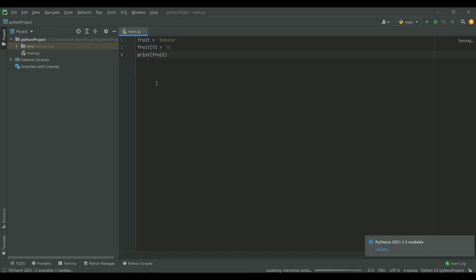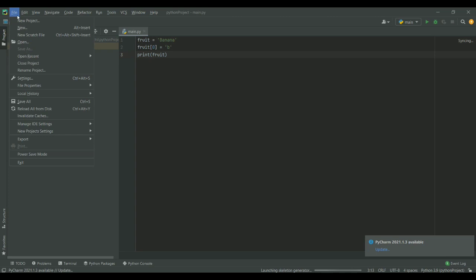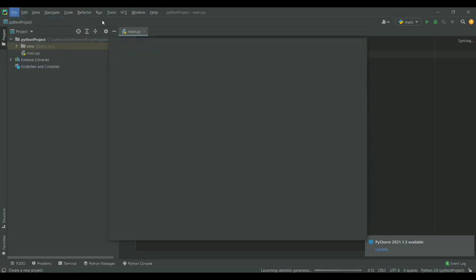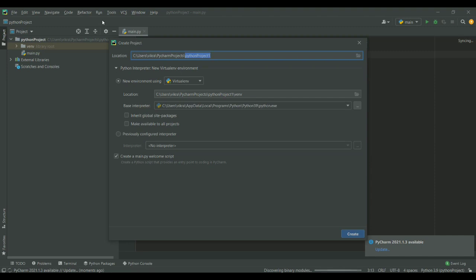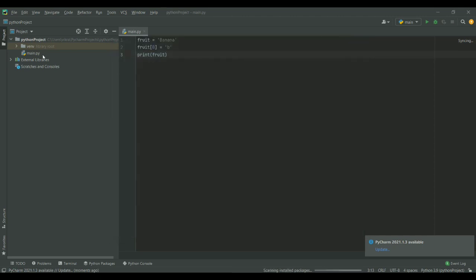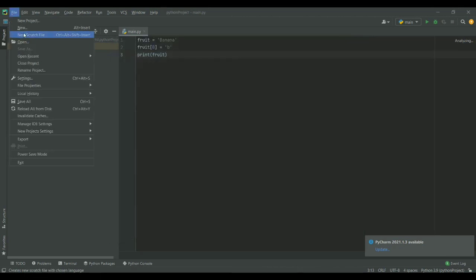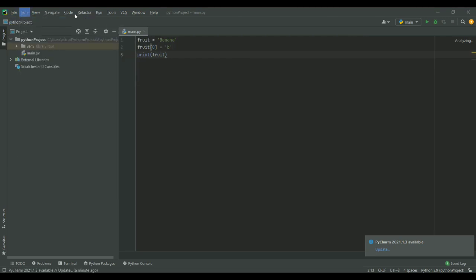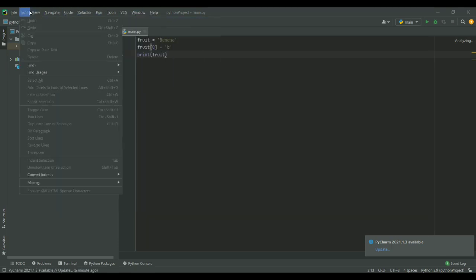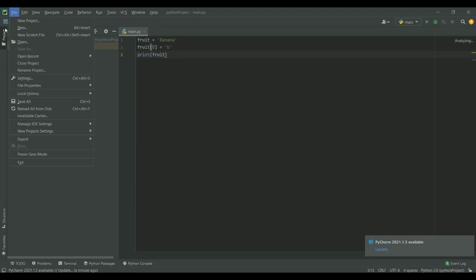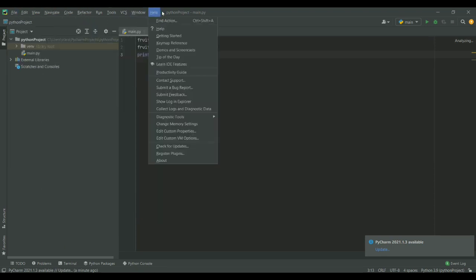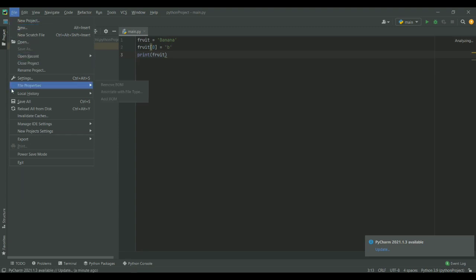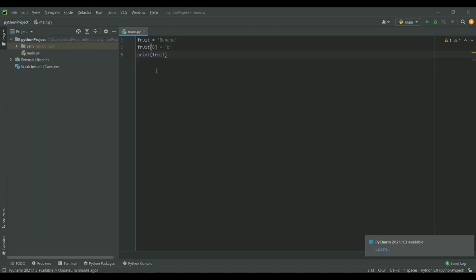So this is the UI for PyCharm. Here you can open a new project. Here you can save multiple projects. Similarly, we do for Java. You can create a project here with the name of the project. Here you can add multiple files with the extension py. You can add a new file here. You can download the project. You can run the project. Here you can download multiple files also. You can write the code here.